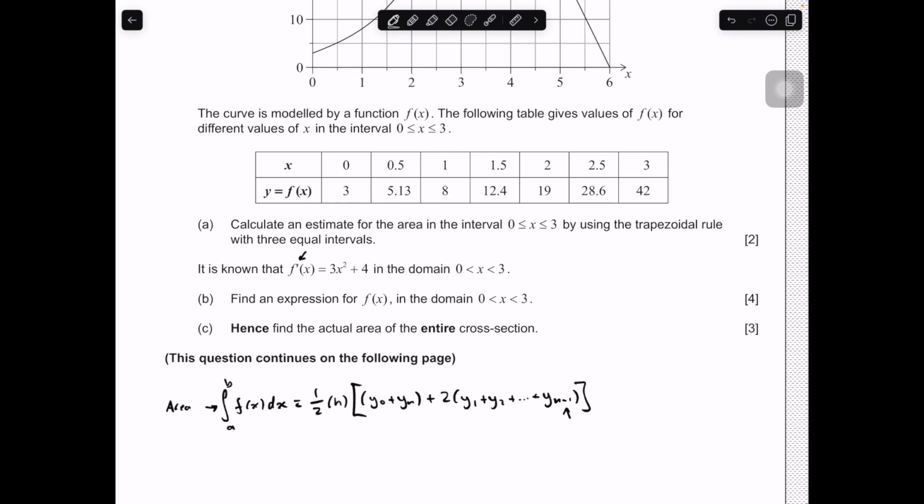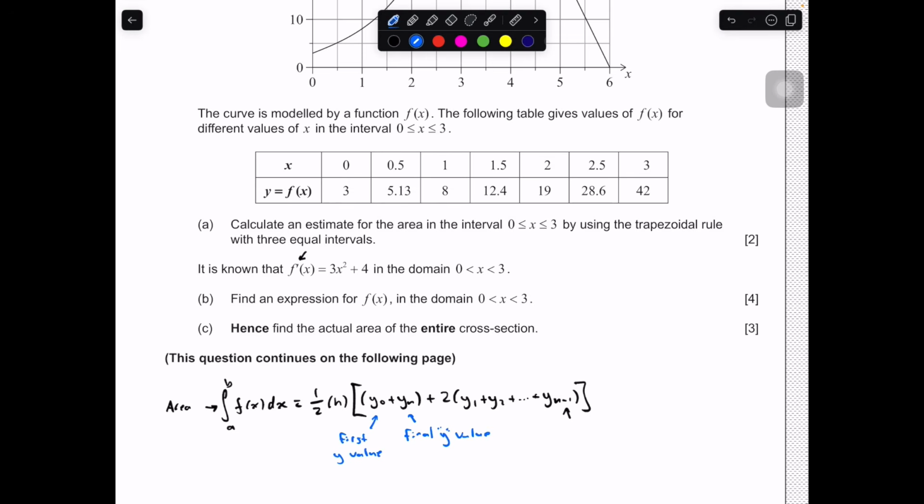So yn is the y value at the end of our interval, the final y value, often the height. y0 is our first y value,